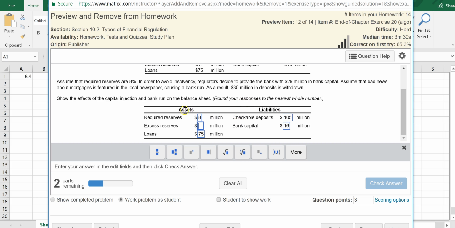So balance sheet means that assets have to equal liabilities. So you can see that on the asset side, we have the required reserves and we have the loans, and on the liability side, the two items here are both known. So the only unknown item is on the asset side, which is the excess reserves. So we can solve for the unknown excess reserves